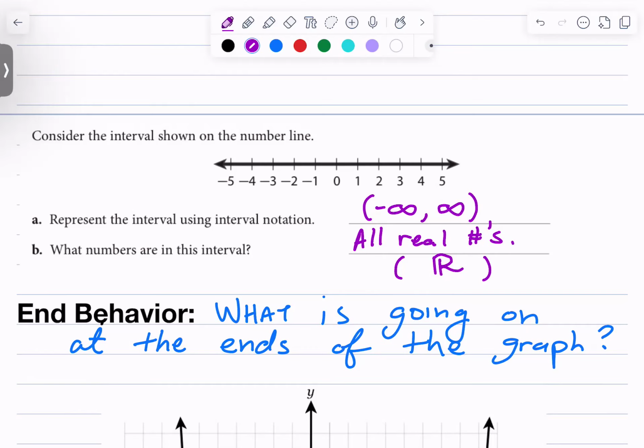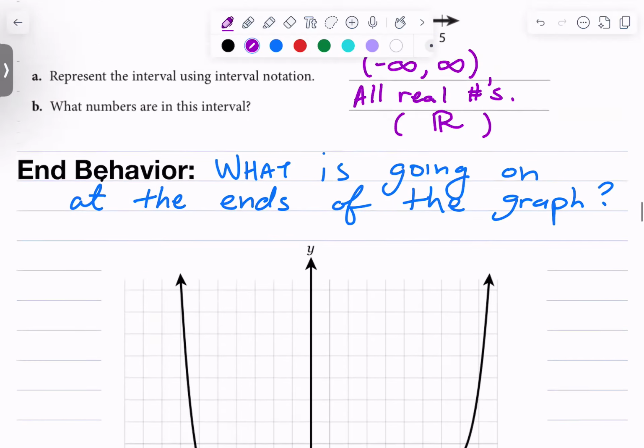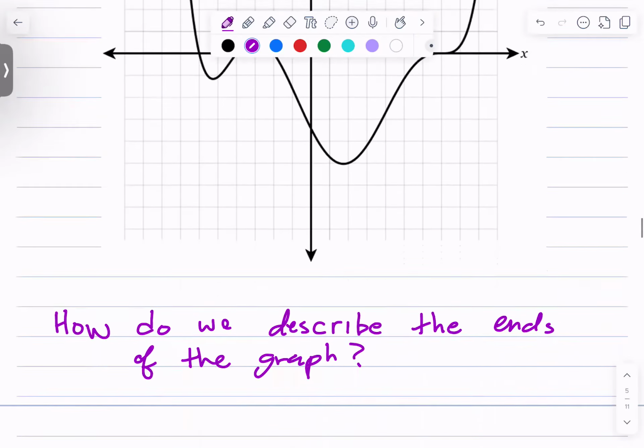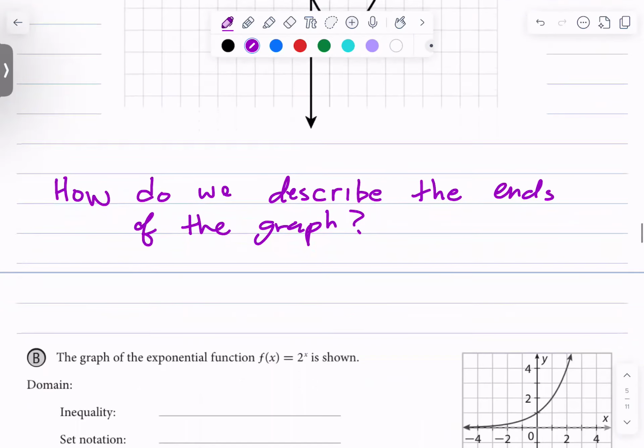So if we turn that into this graph and answer that, how we describe the ends of the graph, it's not going to say as I was born, as this example does. It's always going to be as x